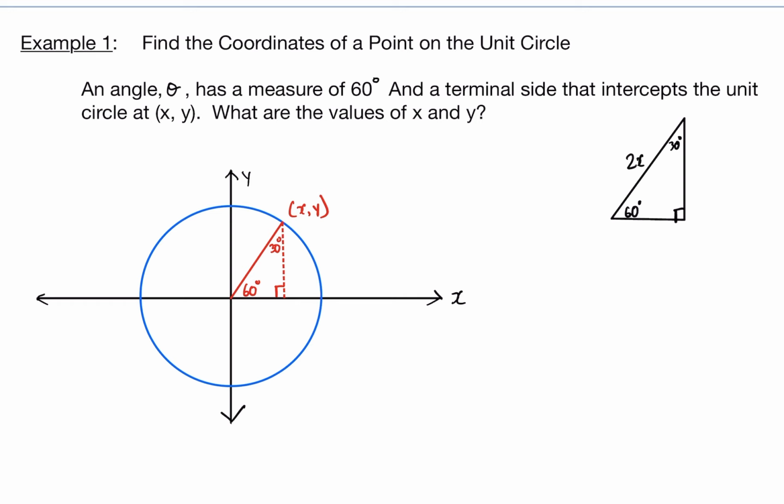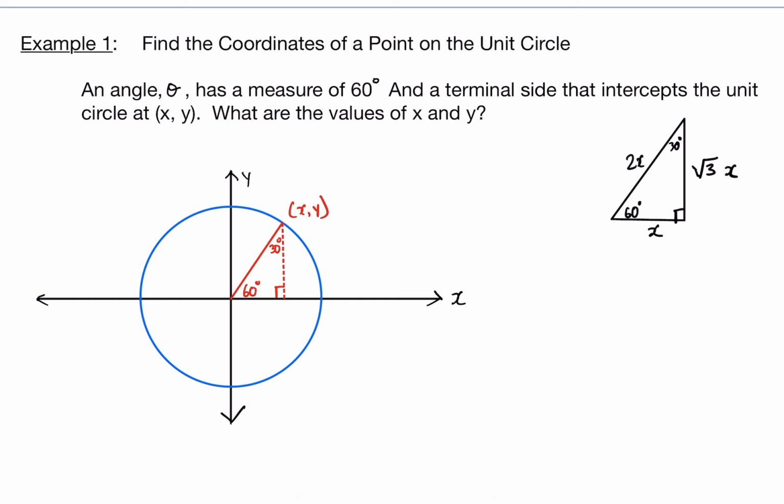The length opposite the 30 degrees, okay, so here's 30 degrees, is going to be x, or half the hypotenuse, okay? And then the length opposite the 60 degrees, which would be this side of the triangle, is square root of 3 times x,